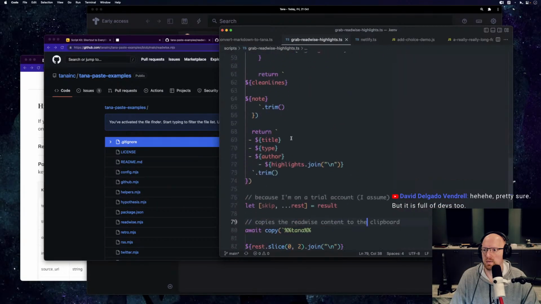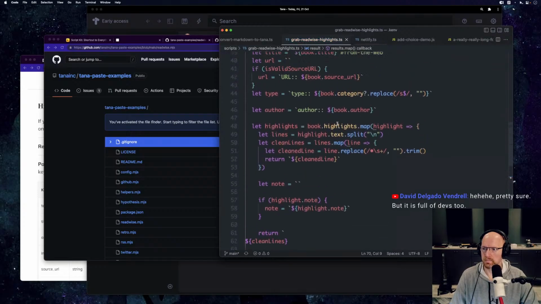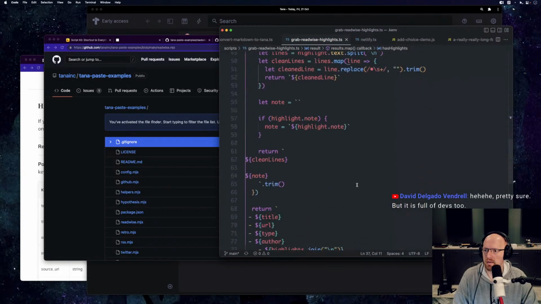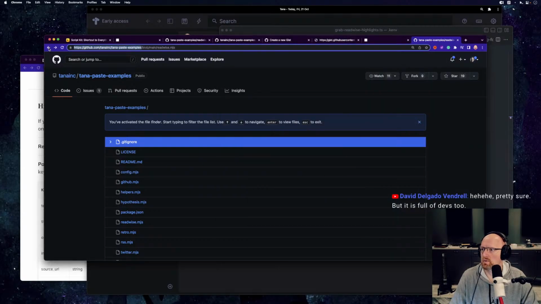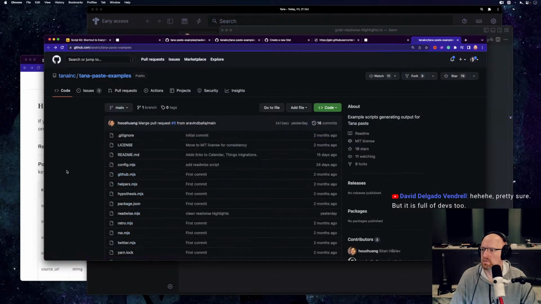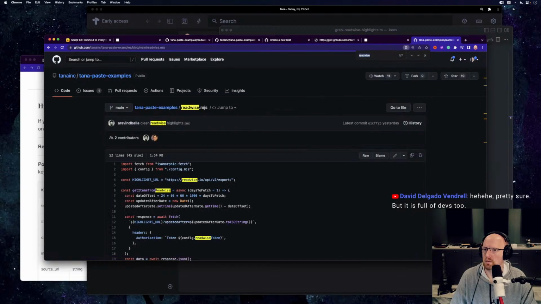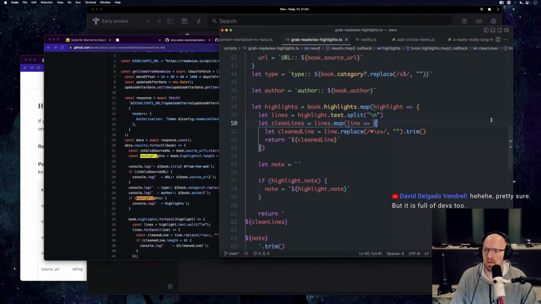So there's a, oops, URL. Am I missing anything else? Has highlights. Did their example use Readwise has highlights? Oh, that just added a, if there are highlights,